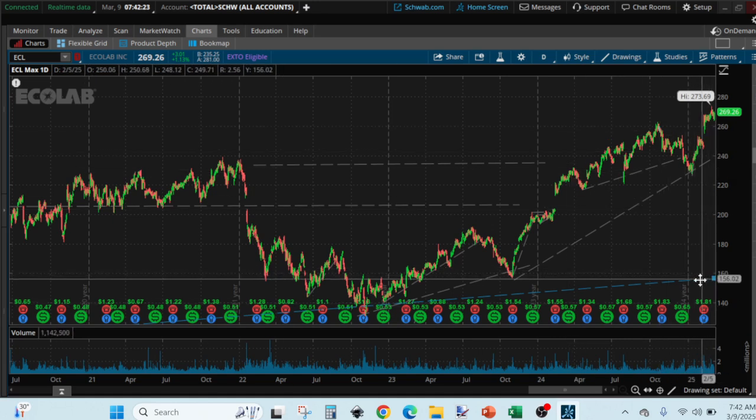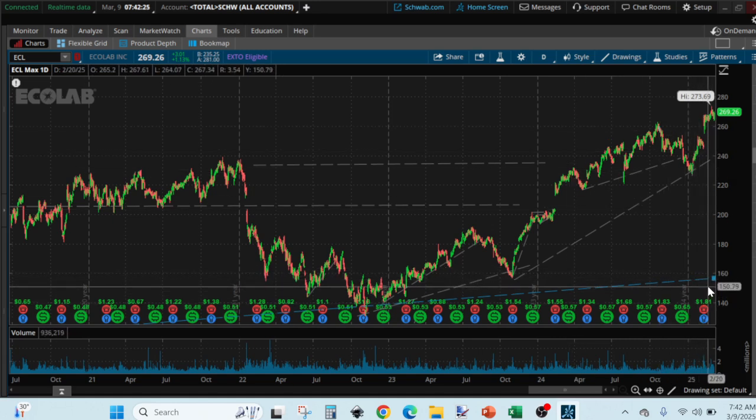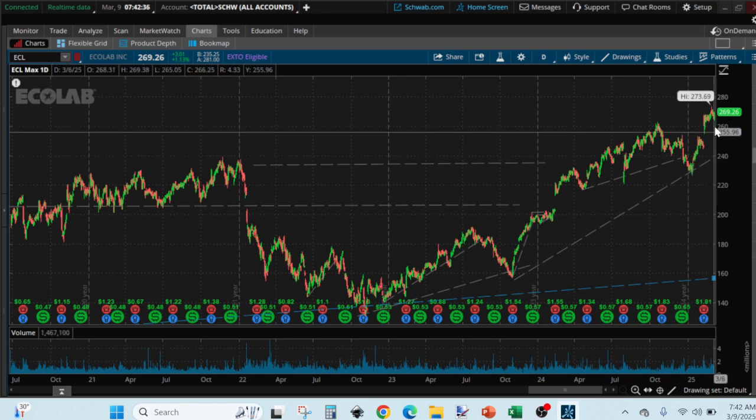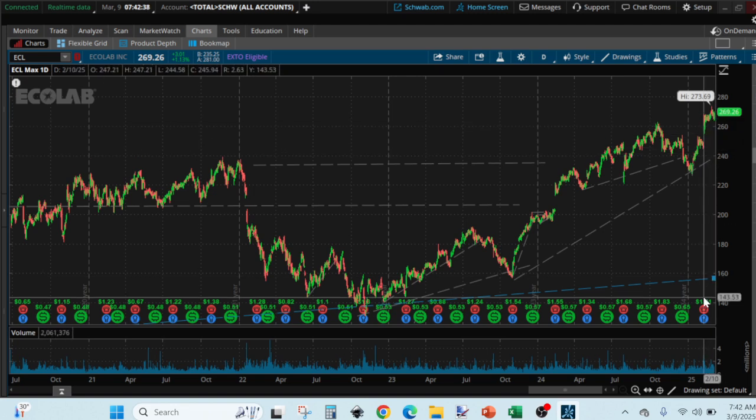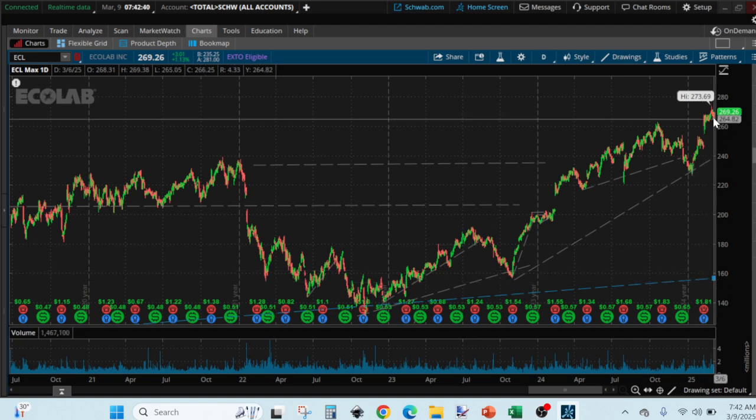ECL, this support line or trend line is the line we like to buy at, but right now the price is way up. So when you are doing your chart analysis, you compare where the price is to where you want to buy the stock. And right now